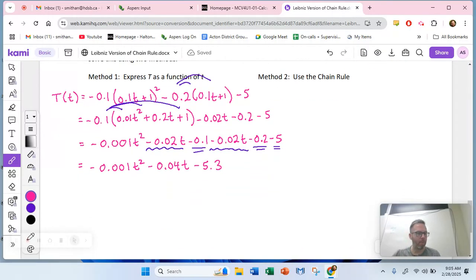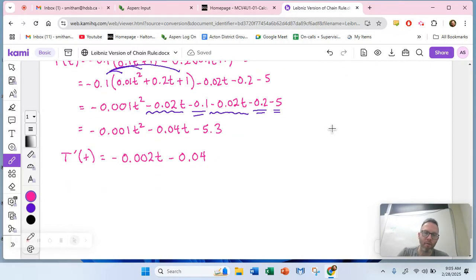But now it's at a point where we can just find the derivative. Bring down the 2, negative 0.002 t, and then minus 0.04, and the derivative of negative 5.3 is 0. So that's it. And this question wants us to find the rate of change of temperature with respect to time at 4 seconds, and we can now do that. Plug in 4. T prime at 4,